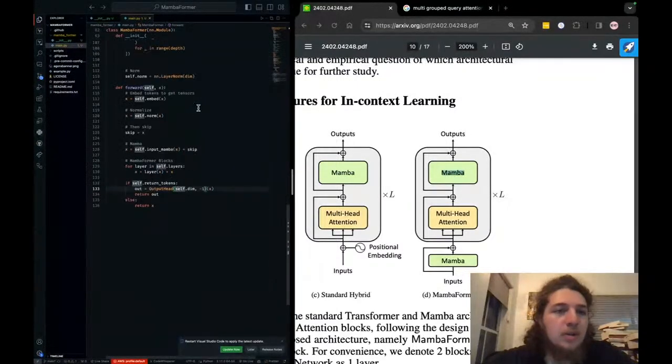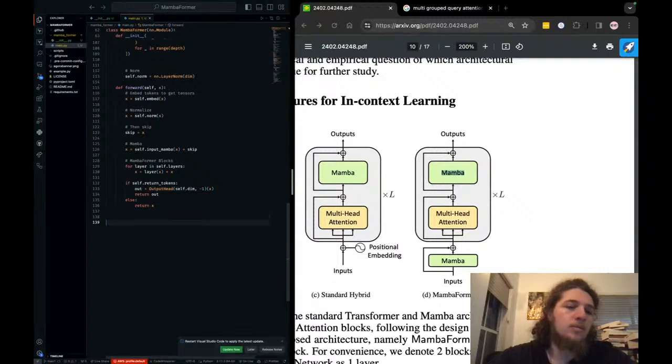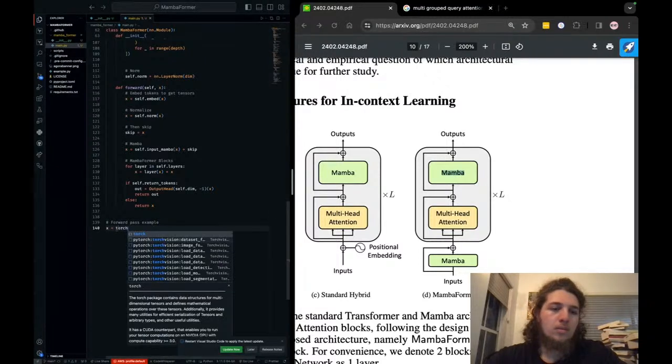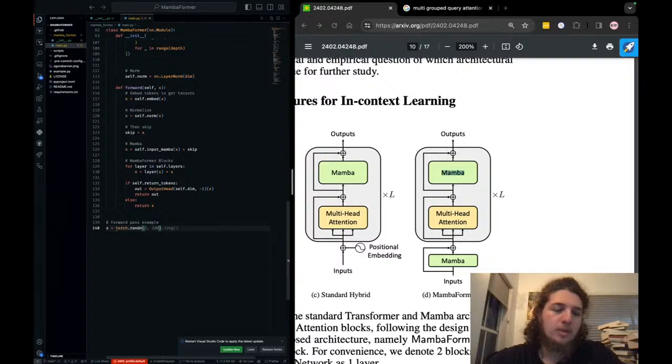But yeah, so now if we try this, we're going to make a random sender and see if the forward pass works. So this is a token. Now we need to set up the model.